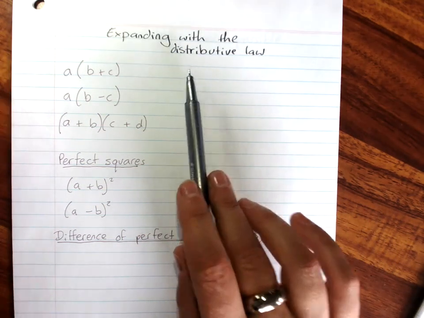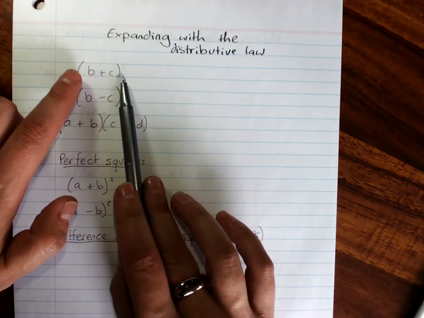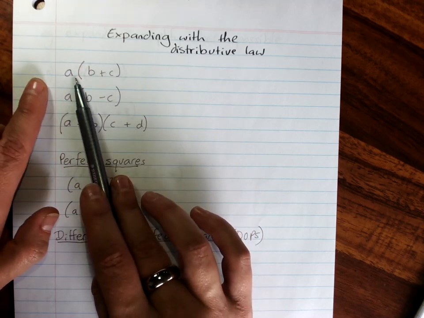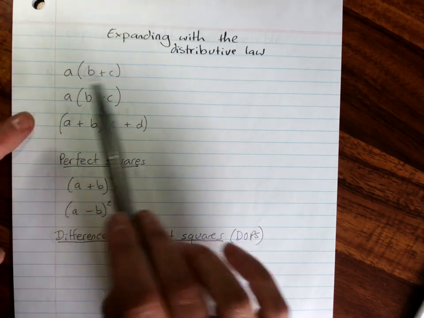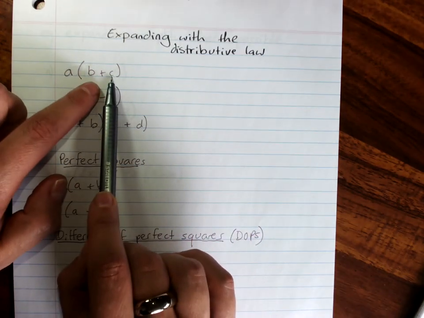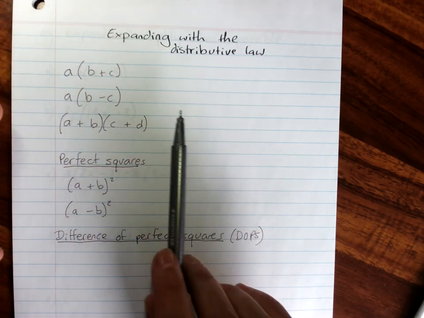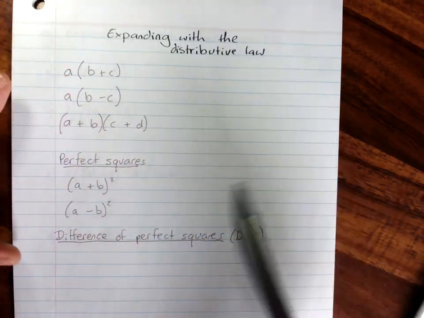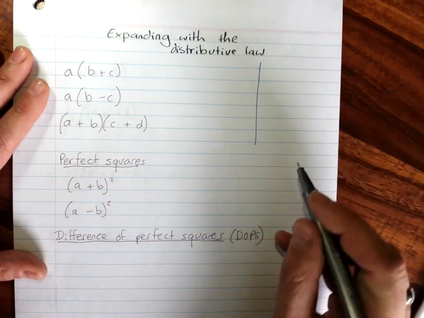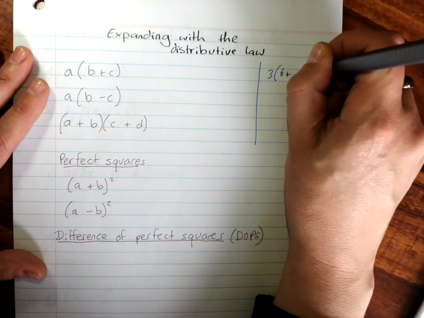So a reminder that the distributive law says that if we are multiplying a sum or a difference by a term, then the multiplication is distributed across both terms of that sum or difference. What I mean by that is that if we looked at this with some numbers instead of letters, if I've got 3 times the sum of 6 and 4,